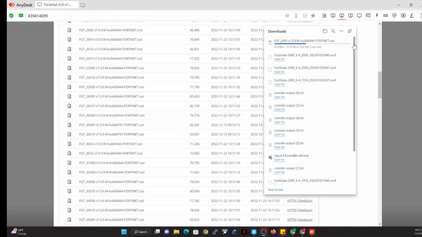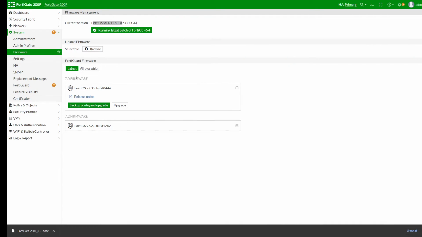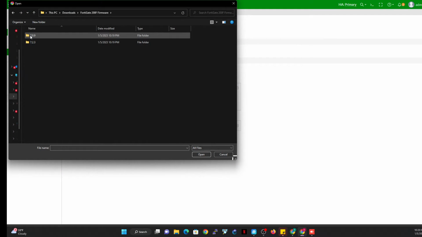So that will download the firmware. Once the download is completed, what I'm going to do is to then copy this download and upload it onto my FortiGate. So now I'm going to click on browse, navigate to where my download is, which is actually inside this folder